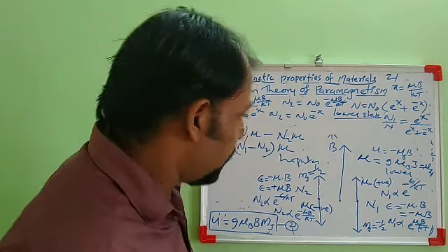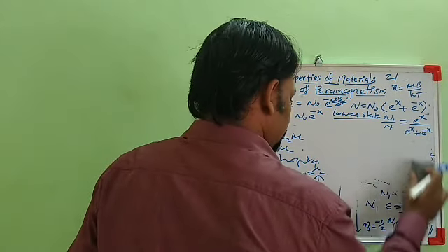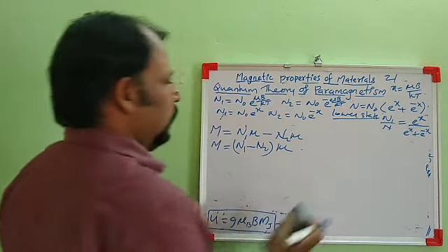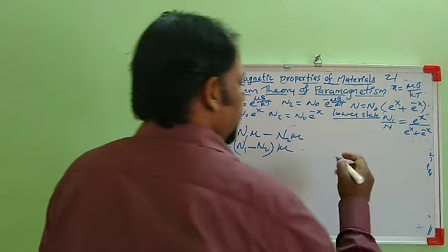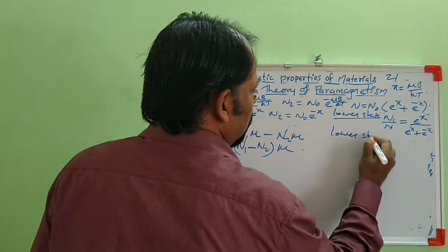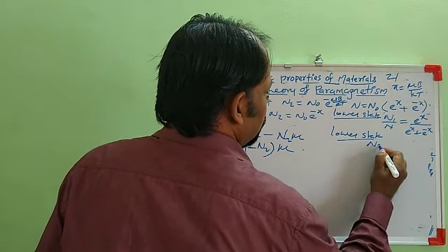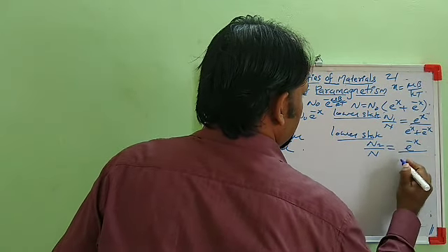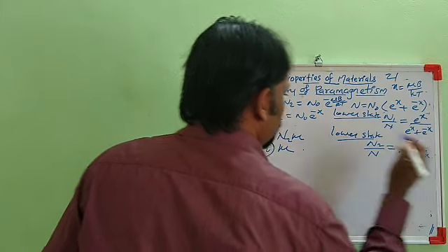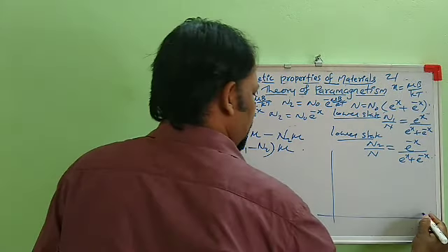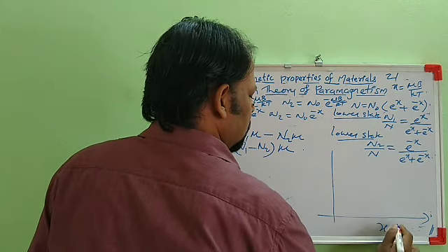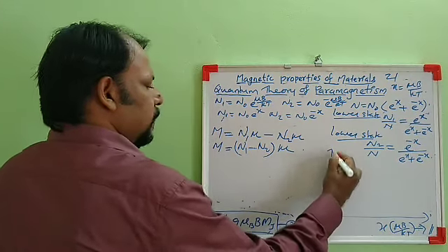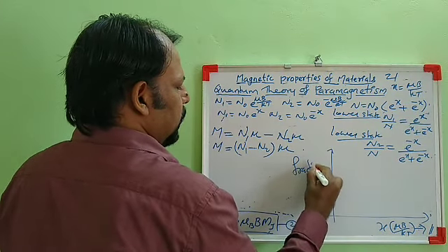Now the fractional population in the higher state is N2 by N. N2 by N is e raised to minus X by e raised to X plus e raised to minus X. When we draw the variation of fractional population with X, X is actually mu B by kT. Mu B by kT along the X direction, and fractional population